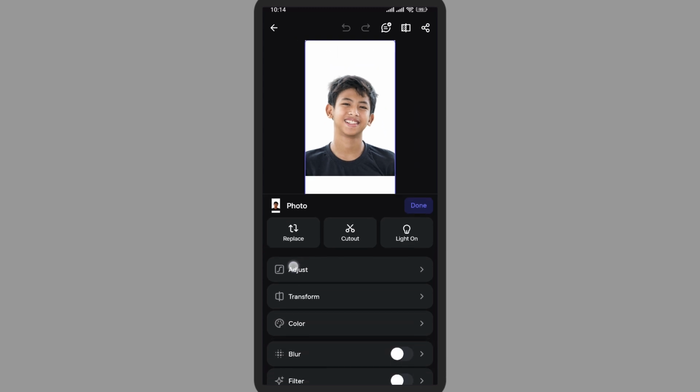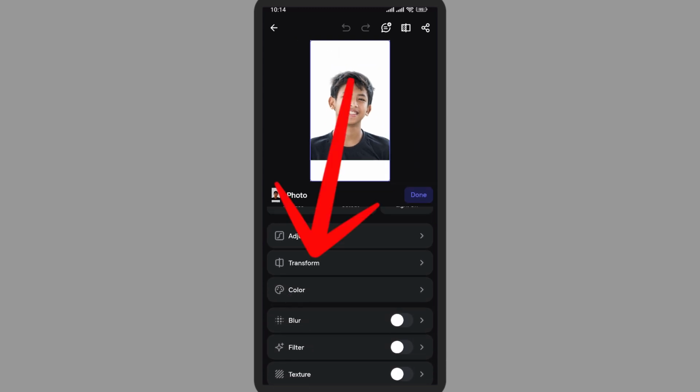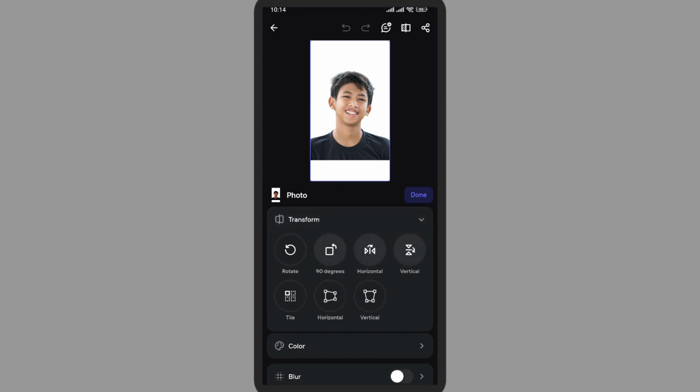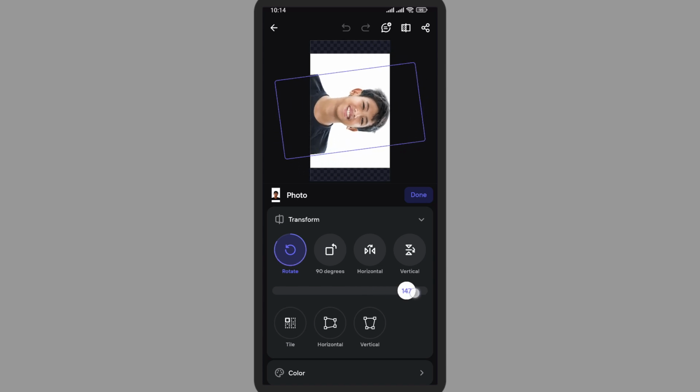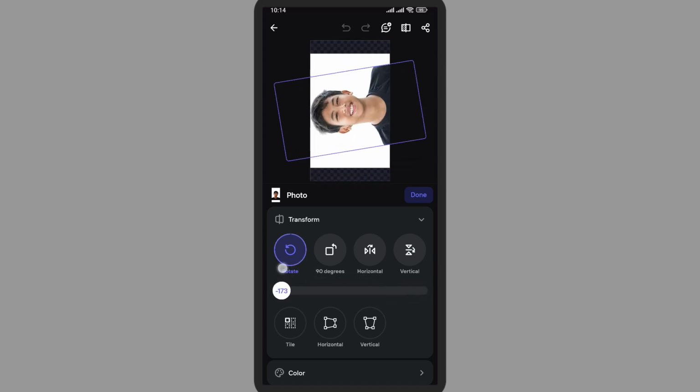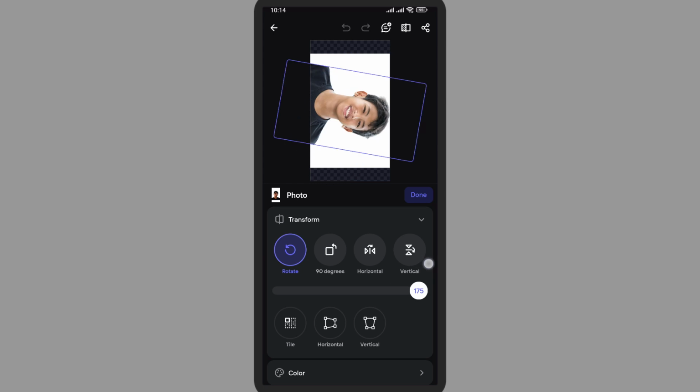Now slowly scroll down. Here you'll be able to see the option called transform. Simply tap on transform, and here on the first option you can see rotate. Simply tap on rotate. Now you can rotate the image in whichever direction you want. So you can use this slider and adjust the image, and you can even crop and make different type of